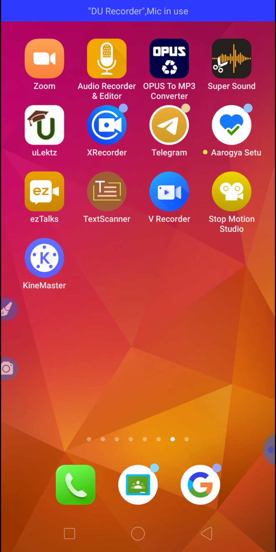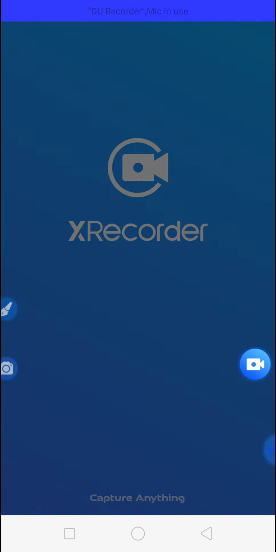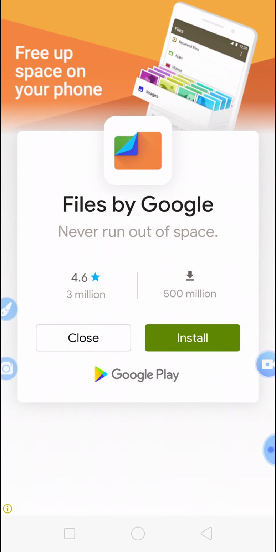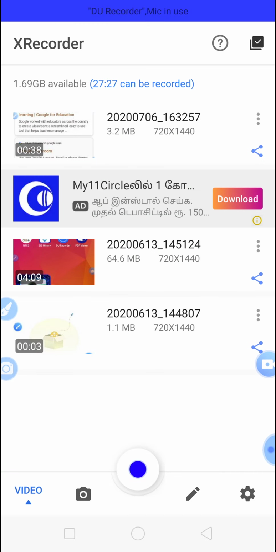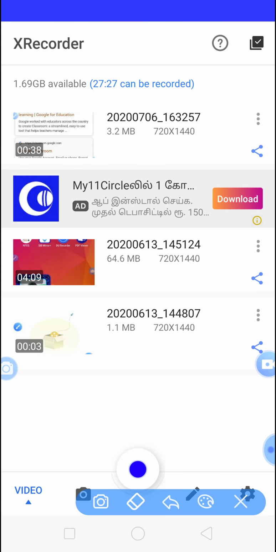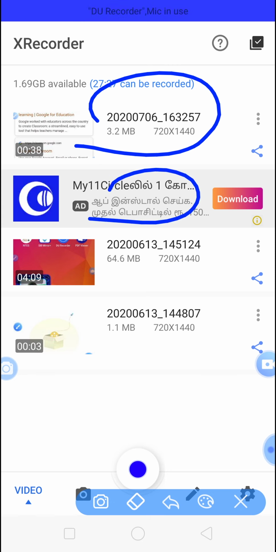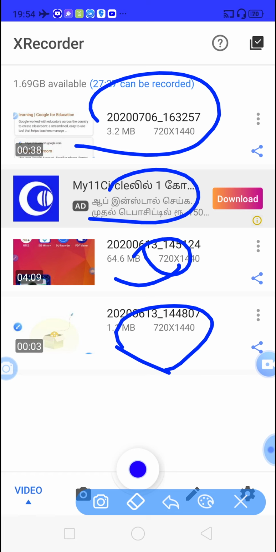When I press that home button, you have got all the tools, and all the recorded files will be displayed here. See, all that I have recorded. This is one of the recorded files and this is one of the recorded files. So all your recorded files will be found here. That is with the home screen.